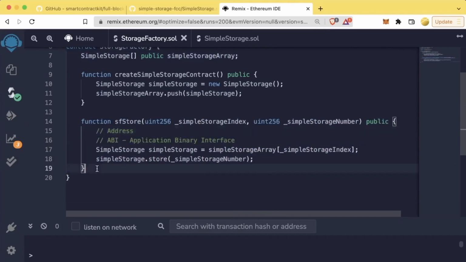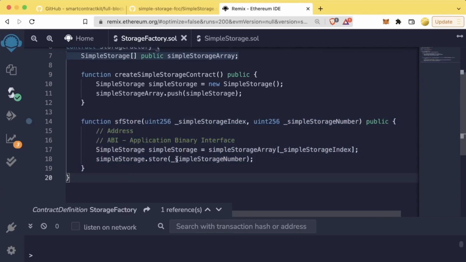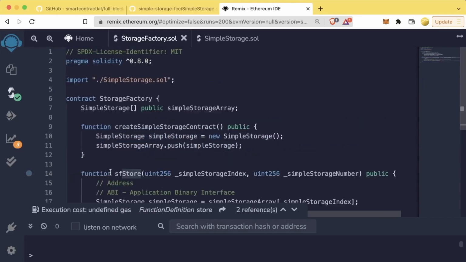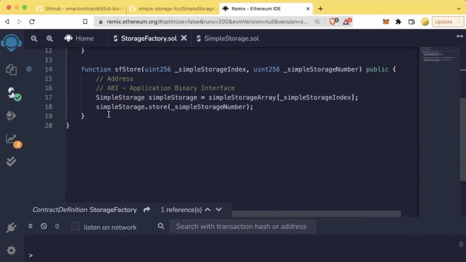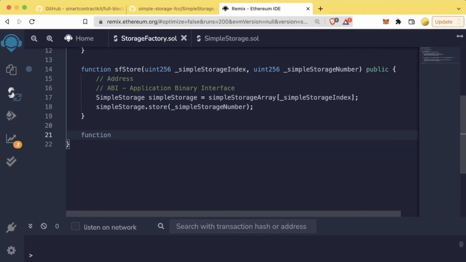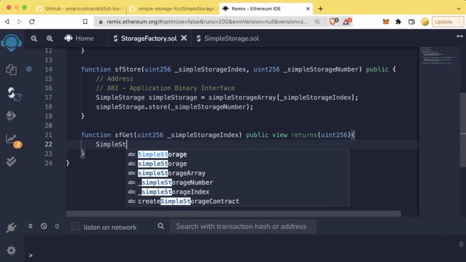So this is perfect. And if we were to deploy this right now, though, we wouldn't be able to read this store function. So let's create another function that can read from the simple storage contract from the storage factory. We'll create a function called sfget, which stands for storage factory get. It'll take a uint256 underscore simple storage index. This will be a public view function, since we're just going to be reading from our simple storage contract, and it's going to return a uint256, and we'll say simple storage